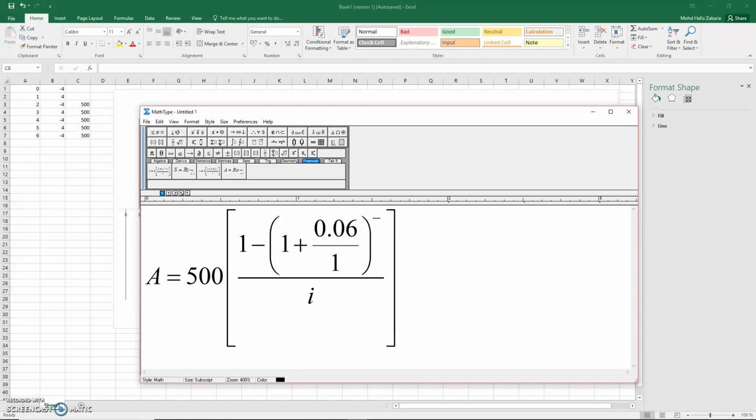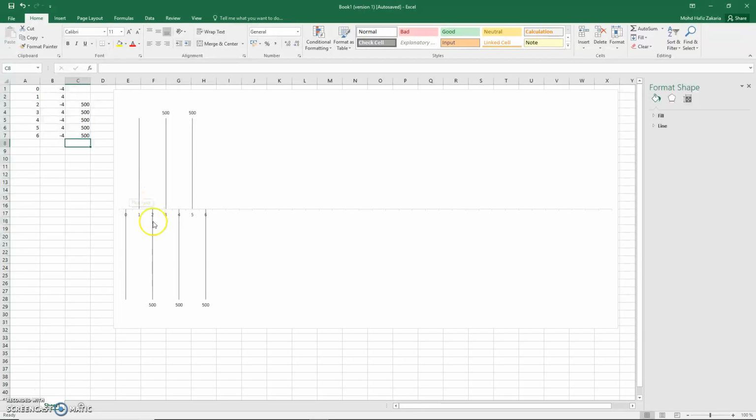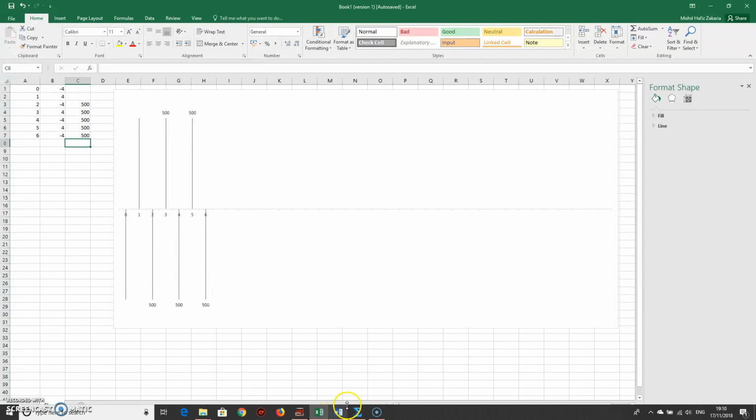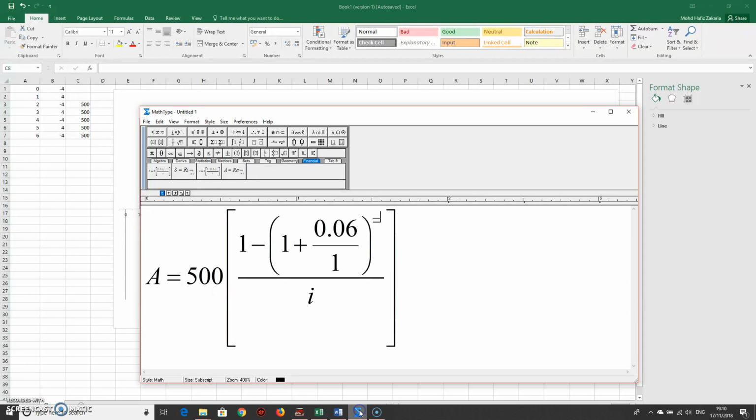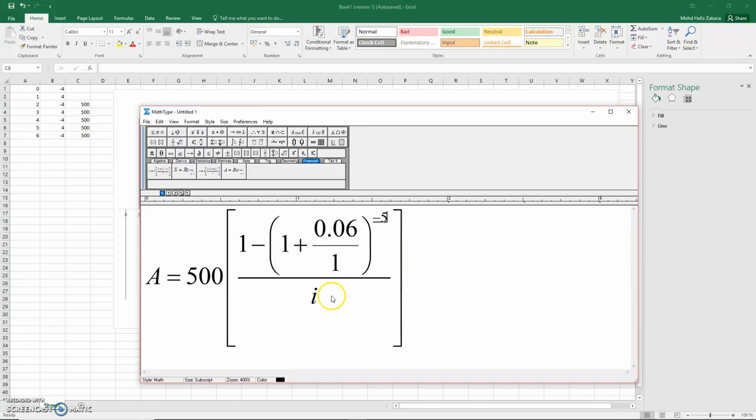And for how long is the payment being made that involves this 500? As we can see here, 1, 2, 3, 4, 5. So basically 5 times only. So let's input 5 here, and this is 0.06 over 1. Calculate this and you should get